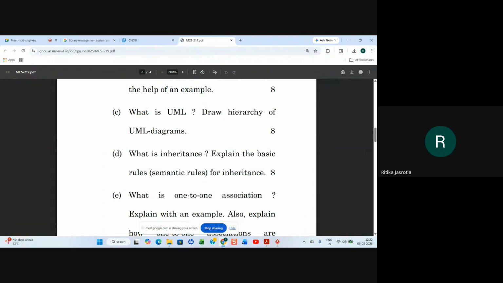It is a pictorial language for doing the analysis and having different diagrams in that. There are 9 diagrams. You have to draw the hierarchy of UML diagrams. So you have to show that in UML you have 2 types of diagrams, structural and behavioral, or you can say static and dynamic. In structural, you have class diagram, object diagram, component diagram and deployment diagram, and in